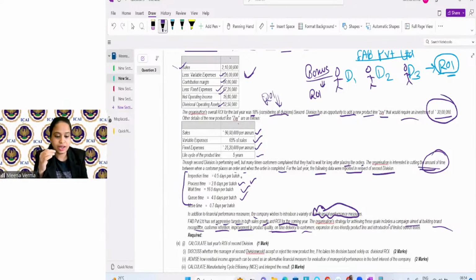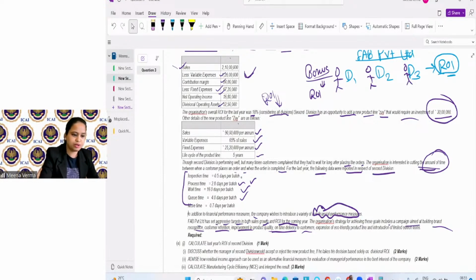All right. And eco-friendly products. They don't want to produce products which can harm nature. They are trying to focus on producing eco-friendly products and introducing limited edition items. They don't want to produce so many items. They just want to produce limited items. With limited items, they want to achieve all these things. Okay, what else? So, the question is that